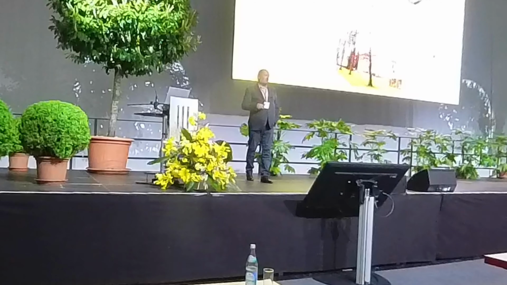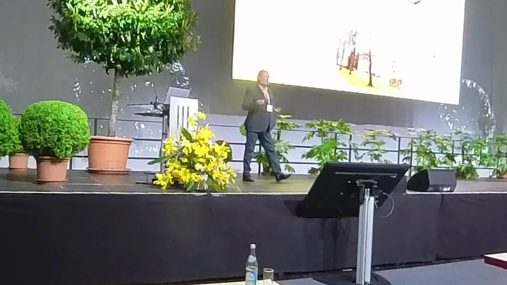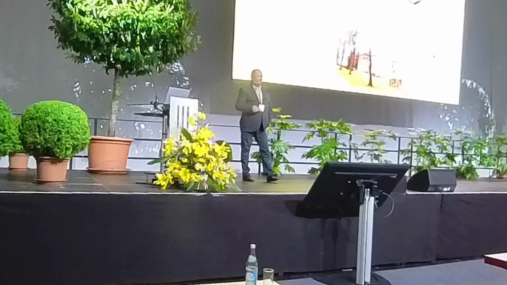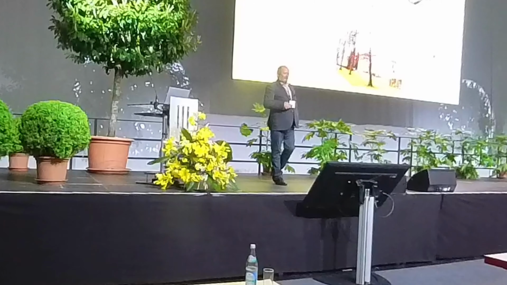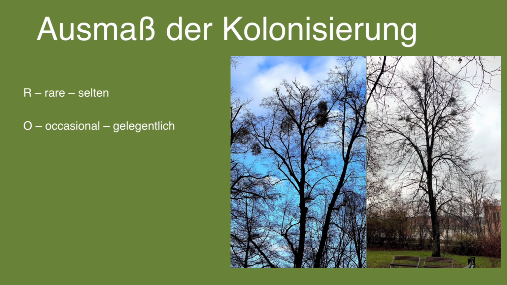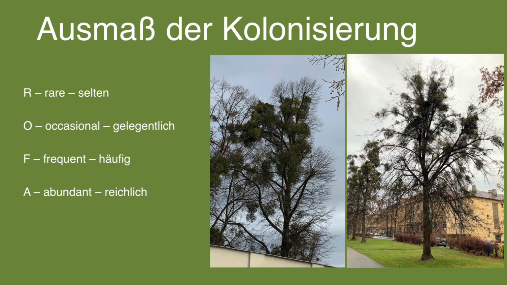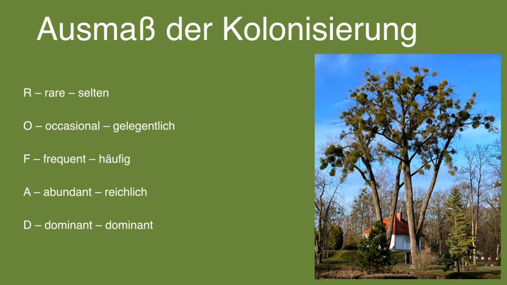We took a methodology which is used for the description of associated organisms, so we use the same approach, where we've got 5 levels. This is a starting level, occasional, where we speak of a maximum of about 10% of the crown volume being colonized. Frequent is somewhere around 30%. Abundant is already 50%, and the mistletoe colonizes the principal branches. So this level is already not possible to solve solely by tree pruning, because then you would remove large parts of the crown.